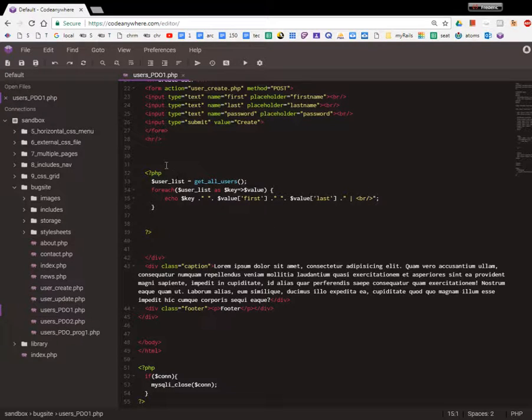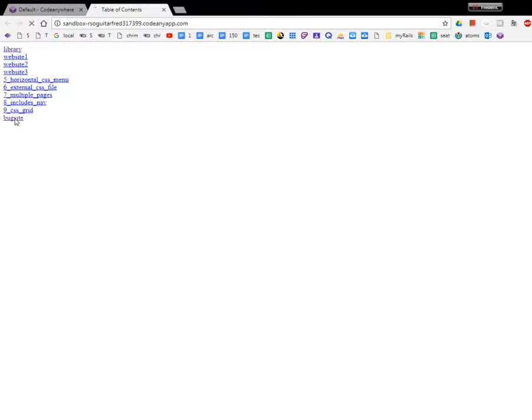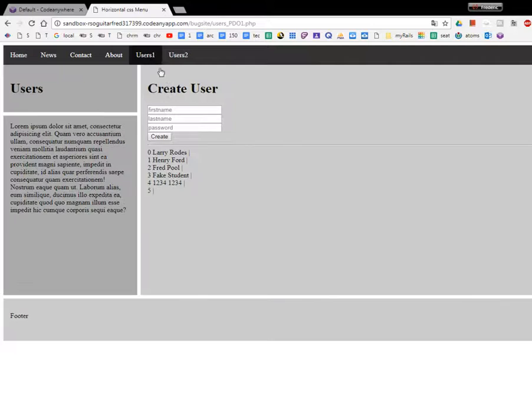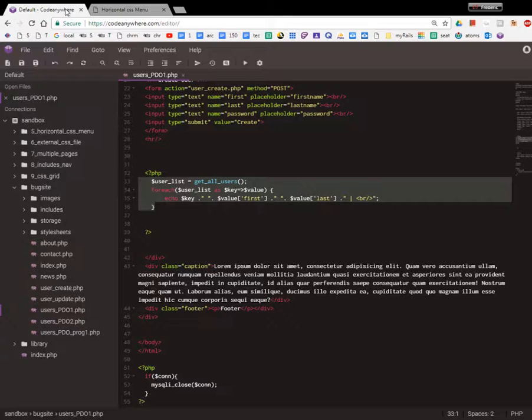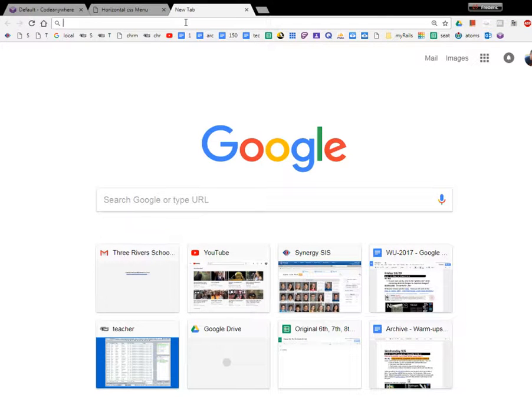In this video, we're going to try to display this information in a nicer looking table. So here's what we've got so far. We've got this right here. We want to have it show in a table. So one thing you can do is just go HTML table basic,